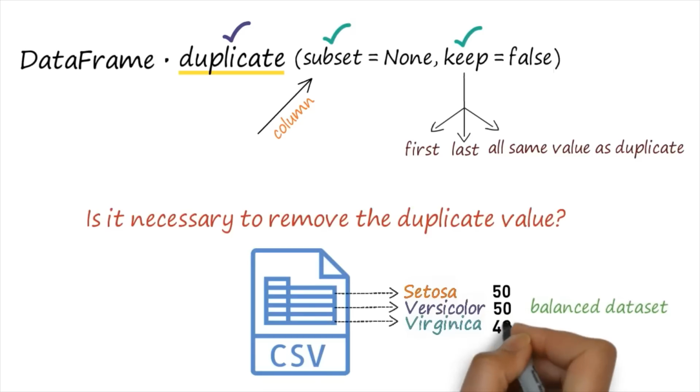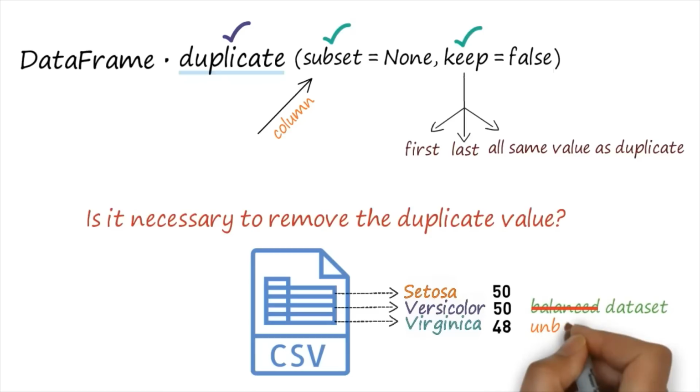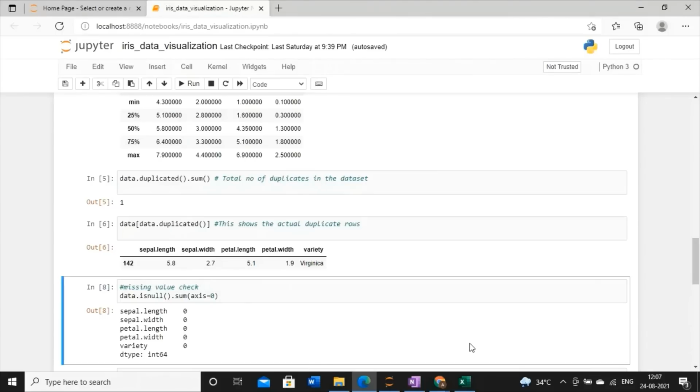It will be 48. So if I keep on deleting these values, as a result my dataset will be unbalanced. If my dataset becomes unbalanced, then I have to learn some mechanism to deal with an unbalanced dataset. So alleviating one problem will result in another problem. And this is not a rule; this is coming from experience.